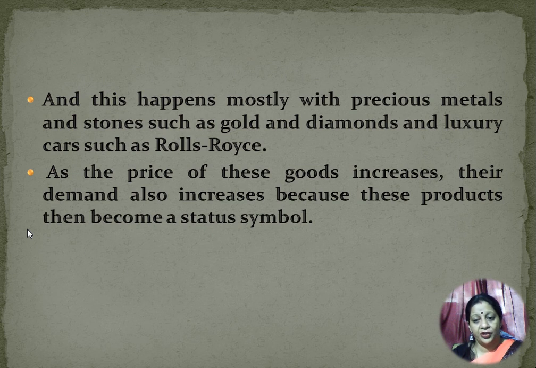Some people want to show their status, so they wear or purchase very high priced commodities just to maintain their status in society. If ladies are going to a hi-fi party, they wear a diamond necklace because that diamond necklace reflects their status symbol. So these kinds of commodities, which reflect the status symbol of a customer, can be kept under the Veblen effect.